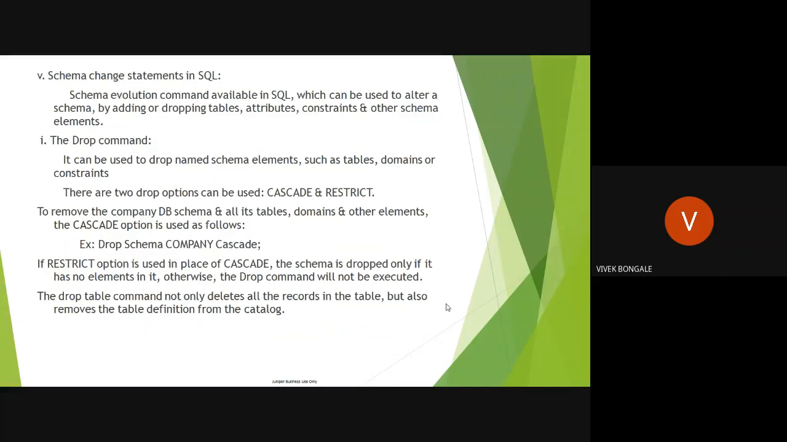The last one is the schema change statements in SQL. So what are schema change statements? We're going to see this in the